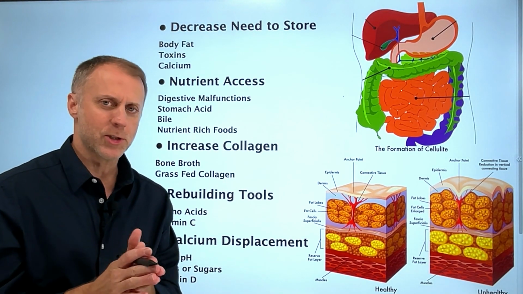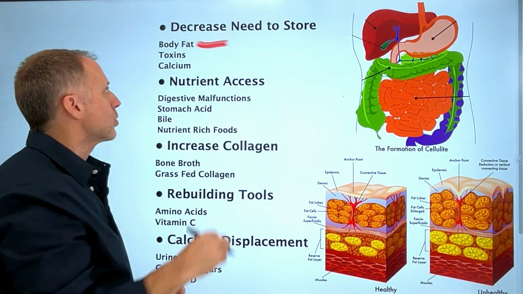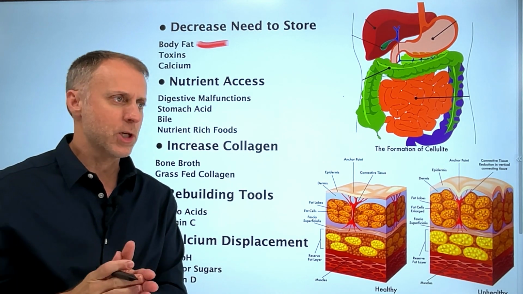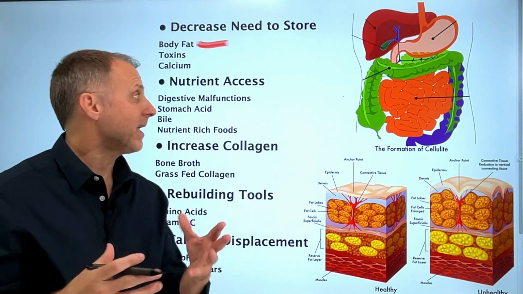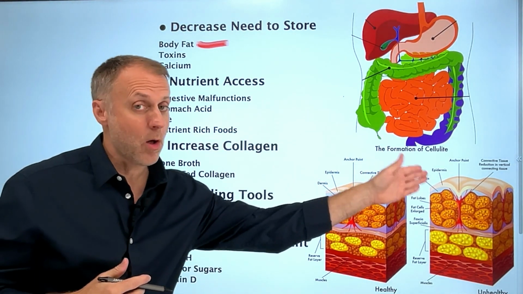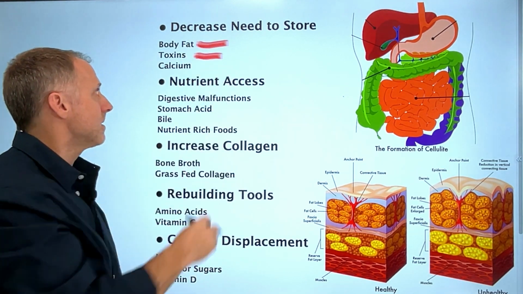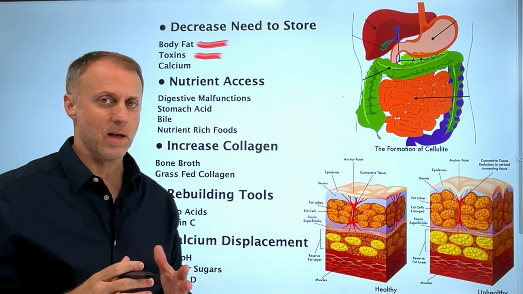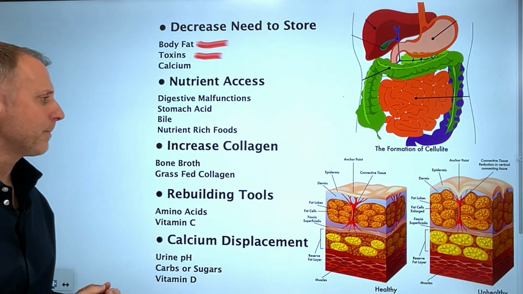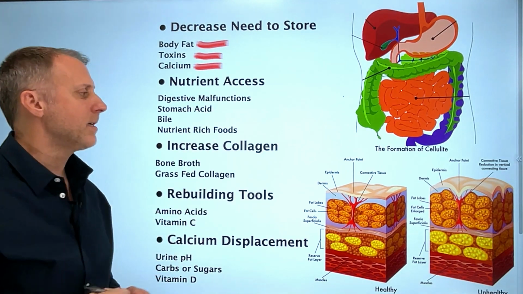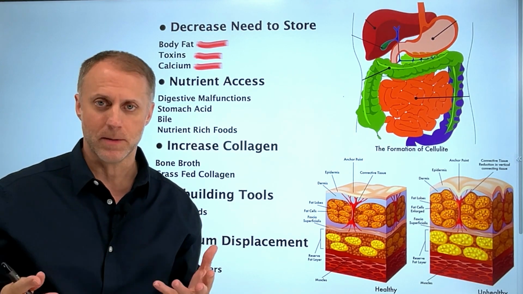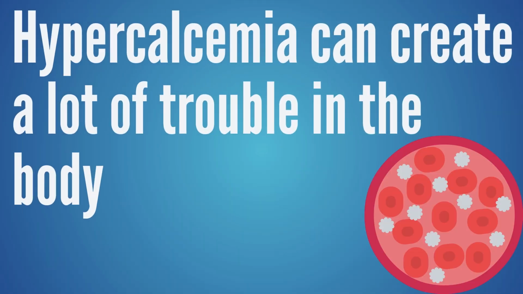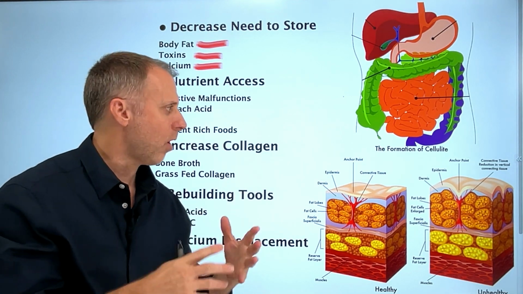So the thing is that fat cells don't just expand to hold extra body fat. That can be one problem. If you're gaining weight, those fat cells are going to expand as they hold more fat. But other things can also be stored in fat cells, like toxins. Not all toxins can be stored in fat cells, but some can, and we'll come back to this in a second. And surprisingly, so can calcium. Calcium can also be stored in these fat cells because when there's a lot of calcium, it's called hypercalcemia, in the body, in the bloodstream, it can create a lot of trouble. Like your brain and your heart and all this stuff doesn't work right.